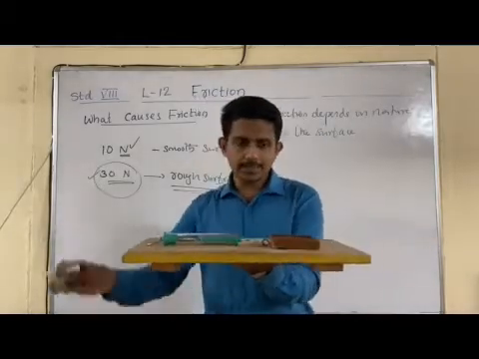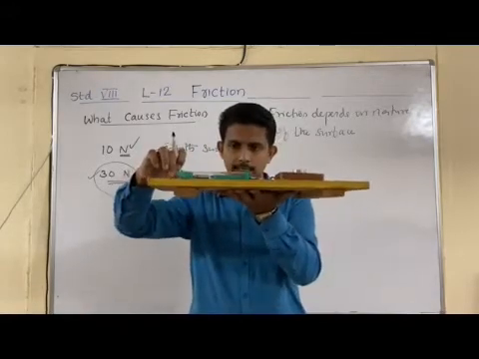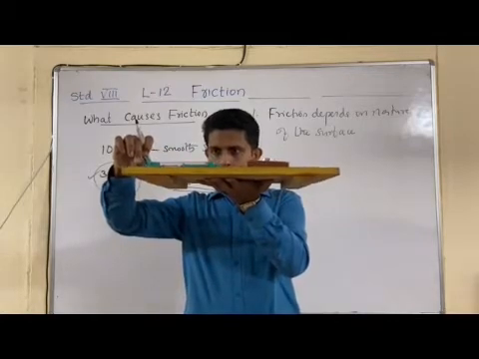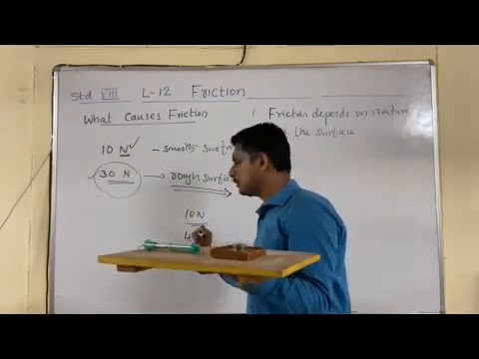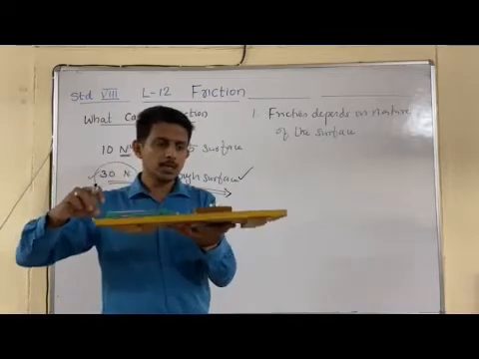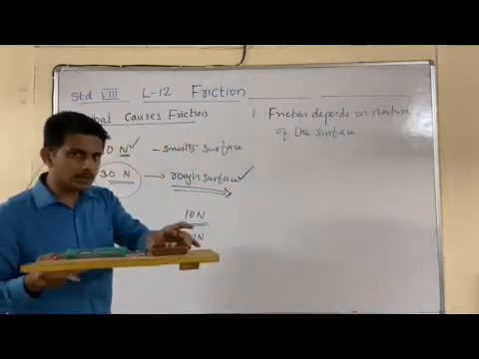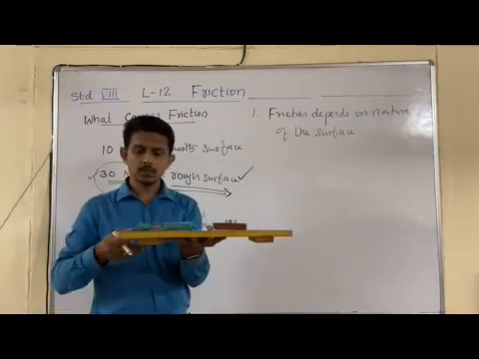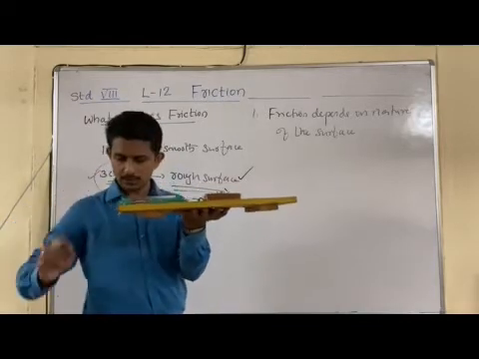Now the second situation: I am keeping this 100 gram weight on the block. You can see that I am trying to push this block again this way. It shows approximately 14 Newton, and only then does the object start moving. So the frictional force acting on this object is also increasing. 14 Newton force I have to apply, so we can say that 14 Newton frictional force is acting.